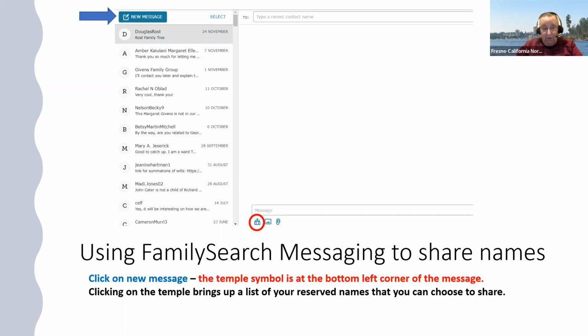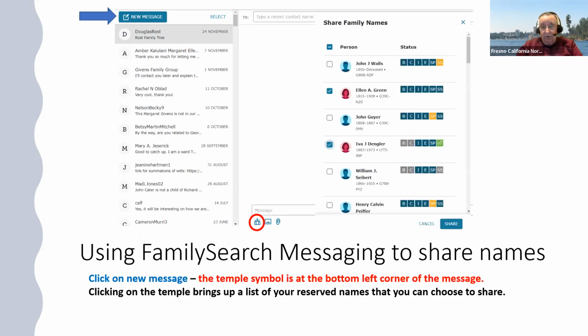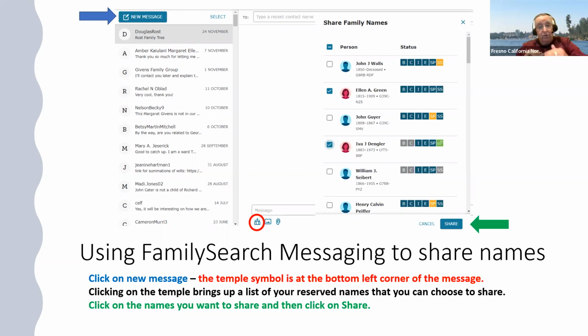Click on the temple, and then click on the names that you want to share from your reservation list, and then click share, and the message will be sent to them. Either one of those two ways takes the name, if they accept it, out of your reservation list and lowers the number of people that you have in your reservation list, and will help you get below that 300 number.